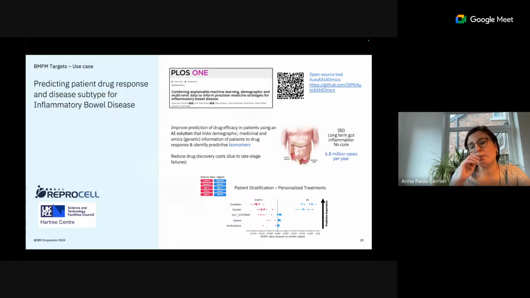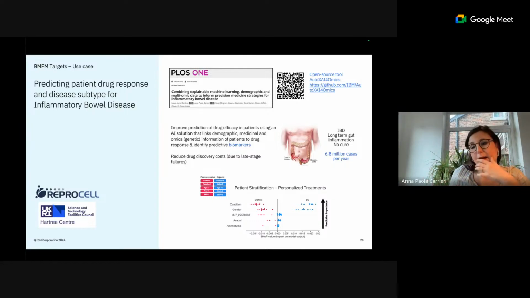So, after the application of a specific drug to real tissue, taken post-surgery, how did the patient respond to the drug? You can think of it as a value, and you are predicting a higher or lower response to the drug, so a better or worse response. That was the classification task using traditional machine learning.